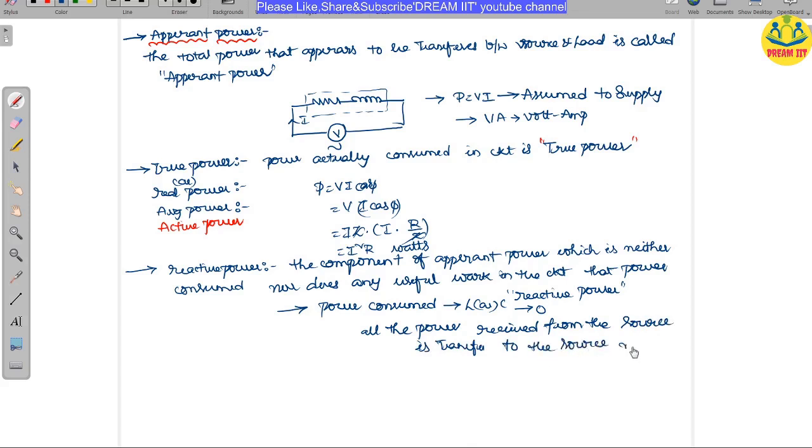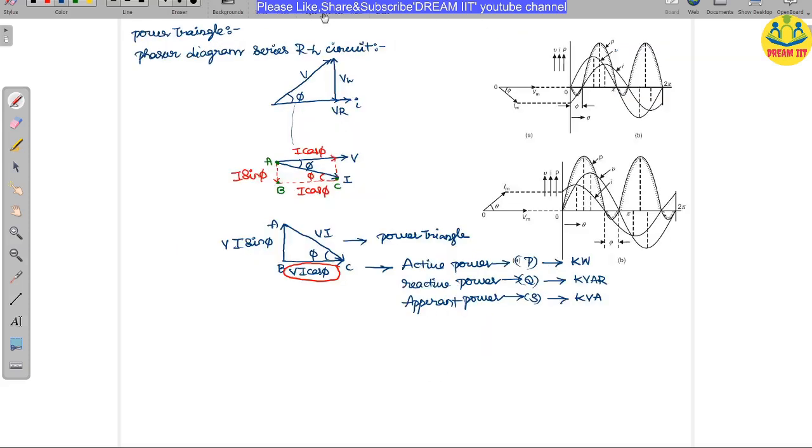in the next quarter cycle. So first it is taking the energy, then in the next quarter cycle it is returning it back. That means it is reacting by its own self. We are not providing any force to react like that. So it is reacting itself. That's why it is called the reactive power. Let us see the diagram here.